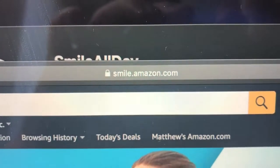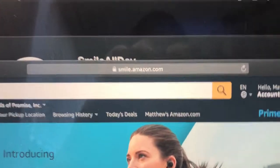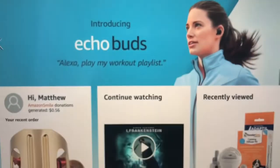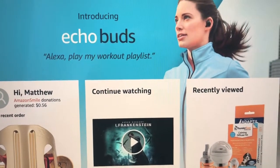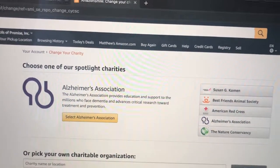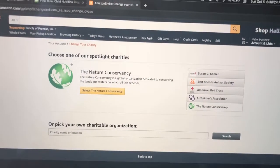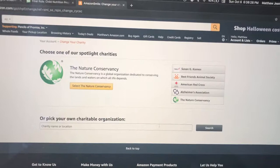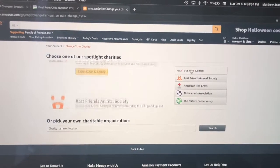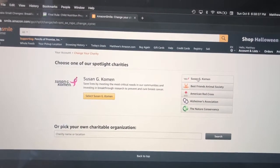But one of the hard things is that sometimes we don't always remember to type smile.amazon.com. So if you don't put the smile in front and you just go to the normal web page, then it's not going to work. So you can see it even says Amazon Smile Prime, and it'll ask you, let me bring up my other browser for instance, it'll ask you where you want your money to be donated to. So you get to actually select the charities, and then you can do a search for a ton of different charities. You know, Alzheimer's, American Red Cross, Best Friends Animal Society, I think this is breast cancer, and